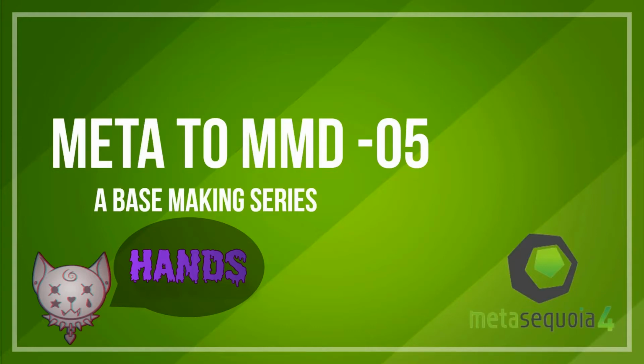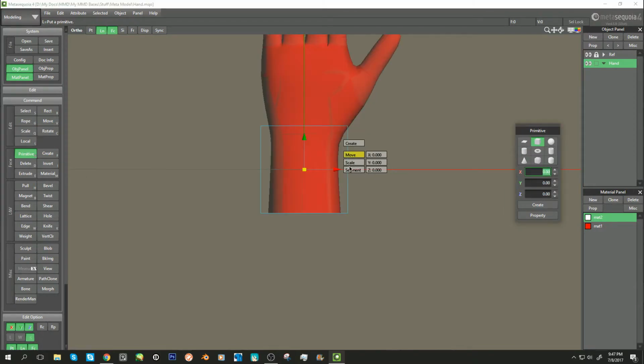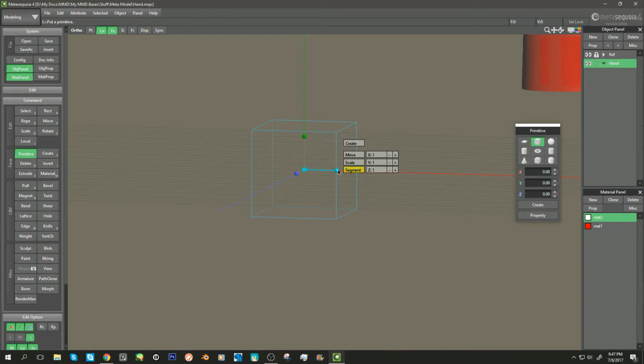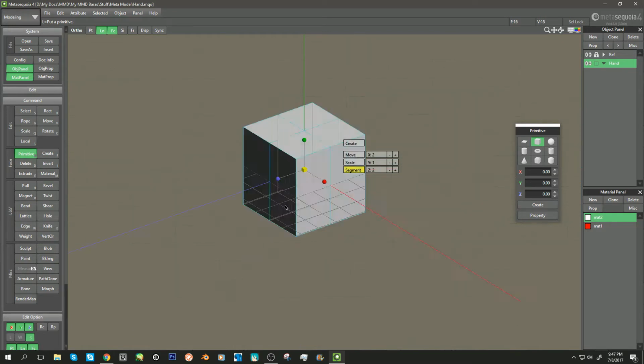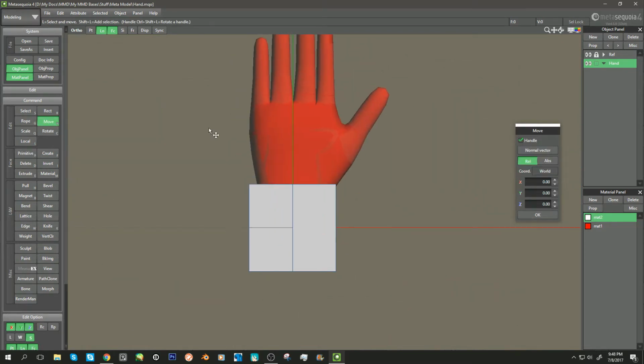Welcome back. We're doing the hands. I didn't actually film myself making the hands on the actual base, so I made a new file and just modeled a hand to show you. So make a cube,